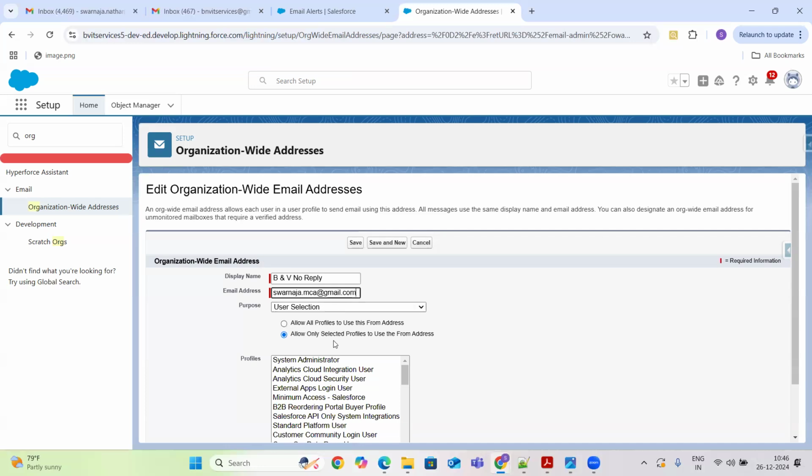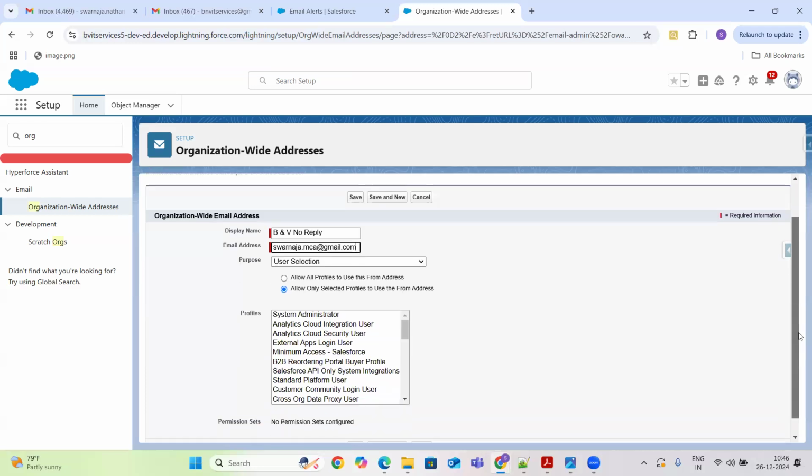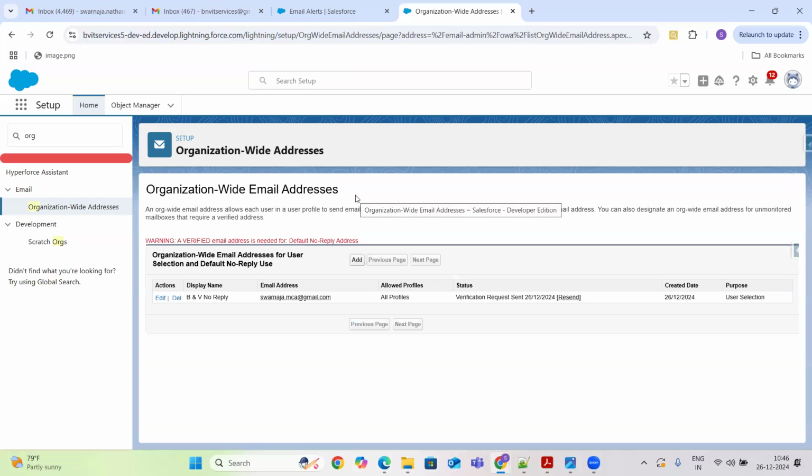If you want to give permission only to certain profiles to use this address, you can select the respective profiles, or else if you want to use this for any profile, you can select the starting one. Clicking on save. So the verification request is sent.